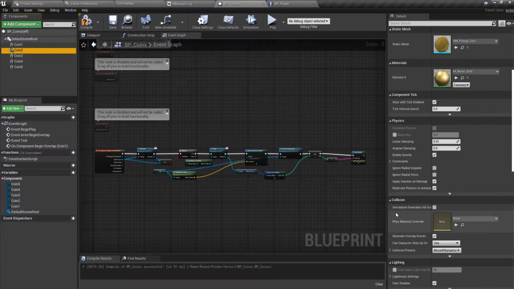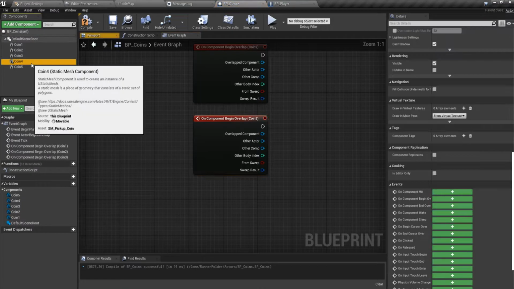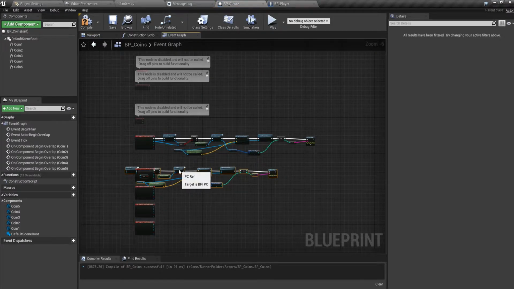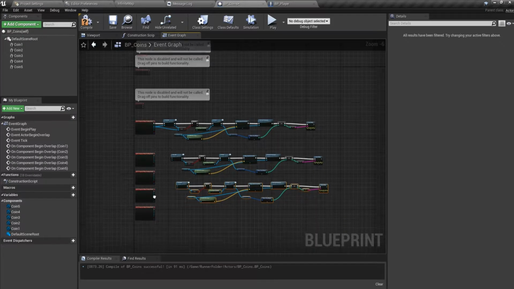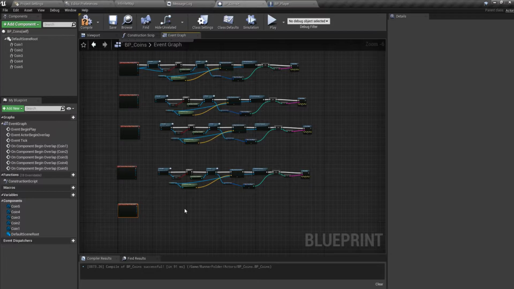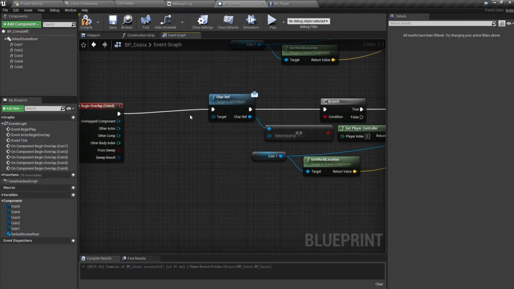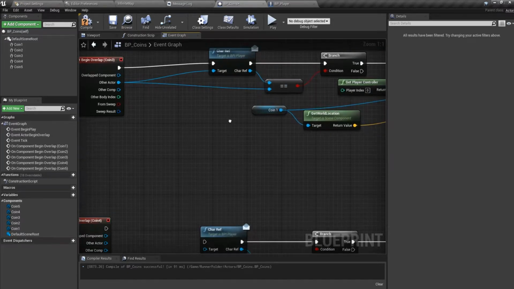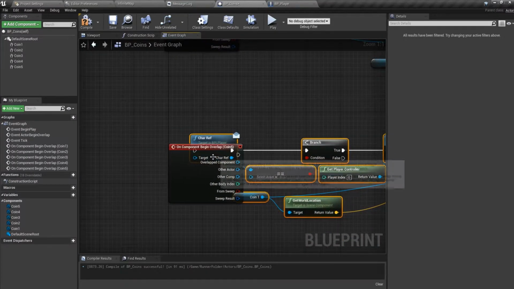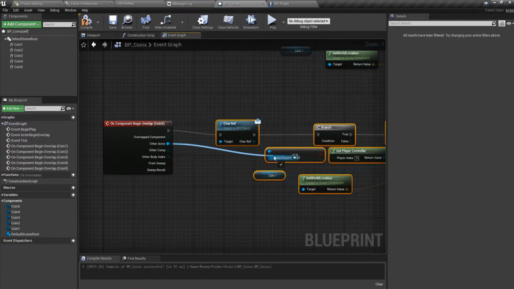And we'll do the same with the second one as well, on begin overlap, with the third one as well, begin overlap, fourth one same, begin overlap, and the fifth one same, begin overlap. What you can do is just copy and paste each of these for each of these lines. We'll plug in the execution and the other actor, one to the character ref and one to the equal for comparing. Same thing over here as well,